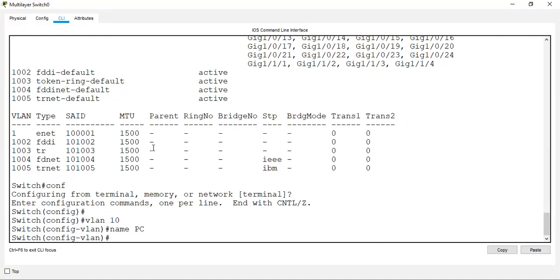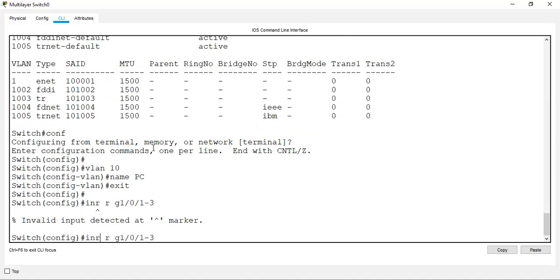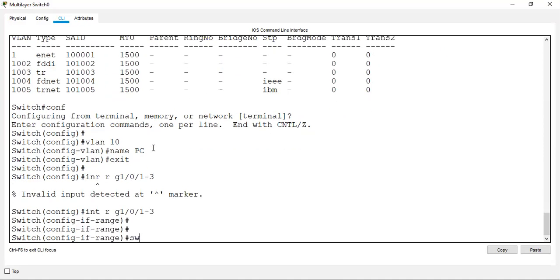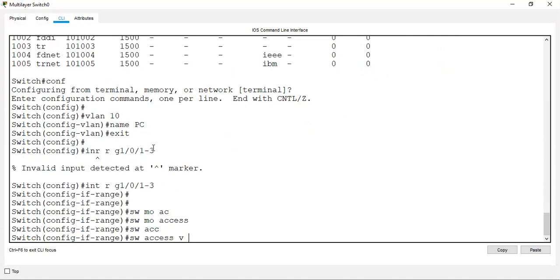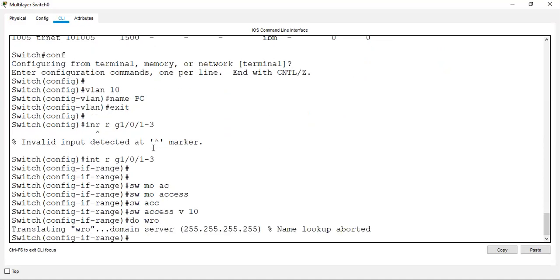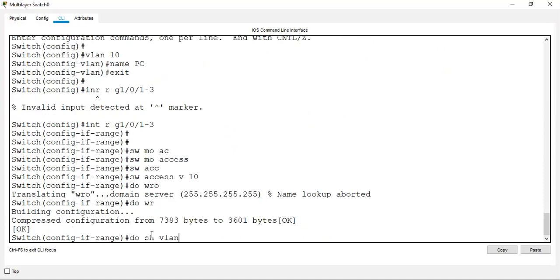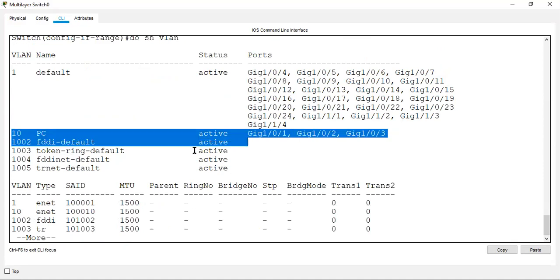So this VLAN belongs to PC. Interface range G1/0/1 to 3. Switchport mode access, switchport access VLAN 10. Do write. Do show VLAN. So you can see that 3 ports belong to VLAN 10.